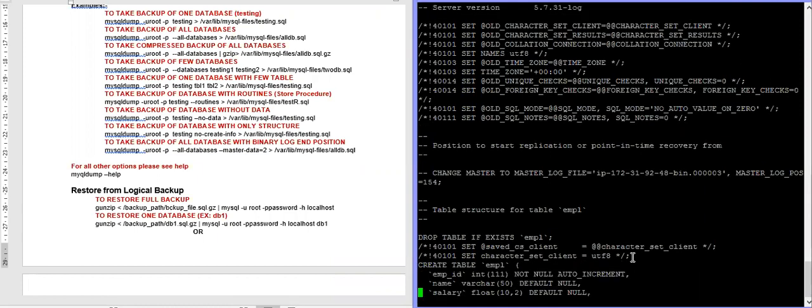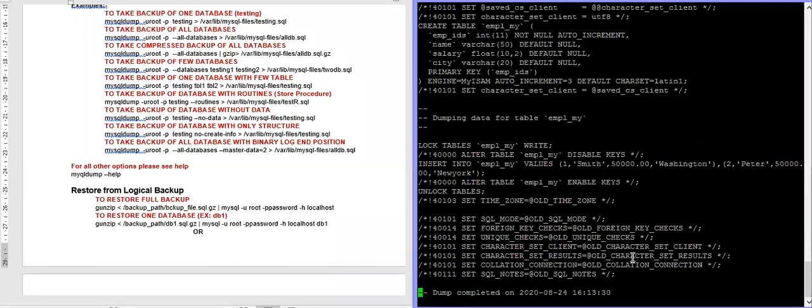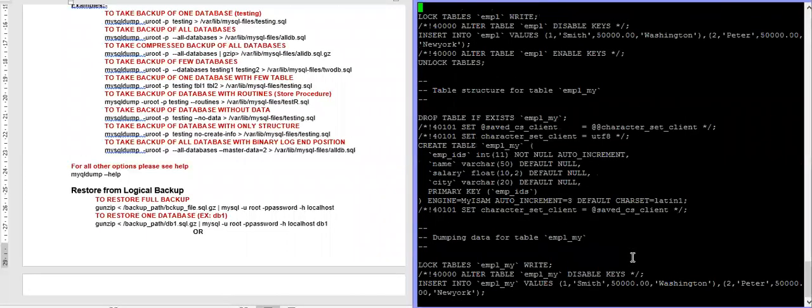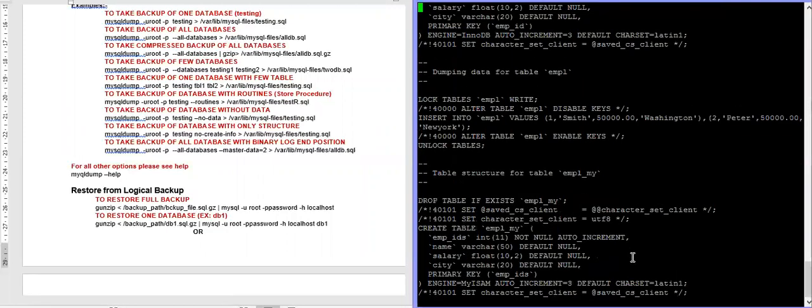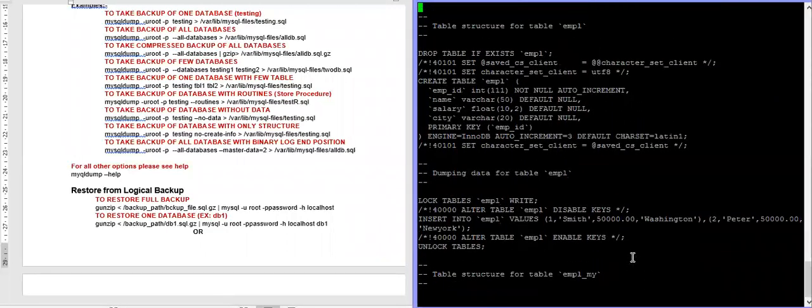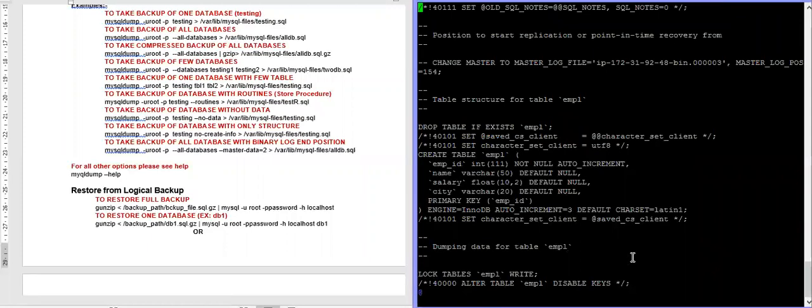Let's go to the end of this file. We have to see whether the binary log is enabled or not. Yeah, you can see here, yes, it was enabled.